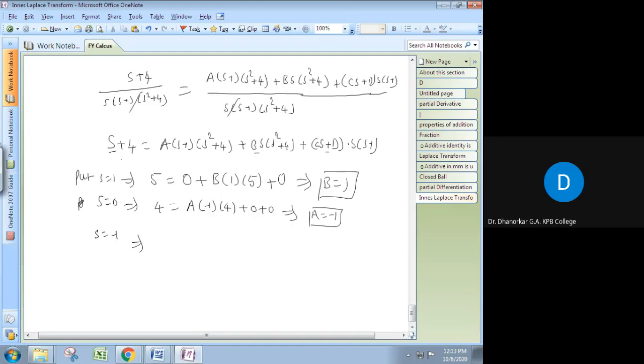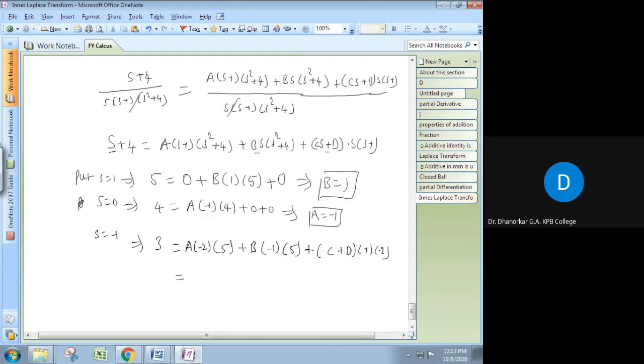Then what will happen? Here this is 3. This becomes 3, which is equal to, s equal to minus 1 means a into minus 2. Then here this becomes 5. You can choose any value for your convenience. I am taking small values because 1 and 0 are already used. That's why I am taking minus 1. Here this is b into minus 1, the square is again plus 1, plus 5, plus minus c, because I am putting s equal to minus 1, plus d. Here minus 1, this becomes minus 2, which is equal to